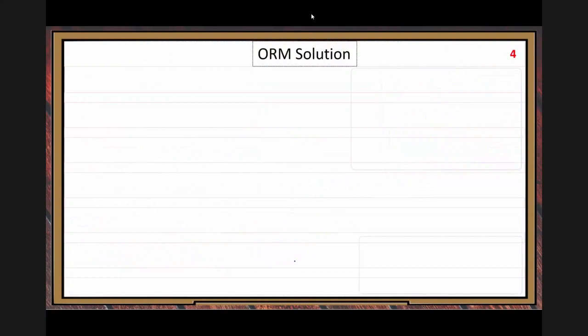On this slide, let me describe how the ORM technology works, the typical steps. Change the object relation mapping approach to this one.